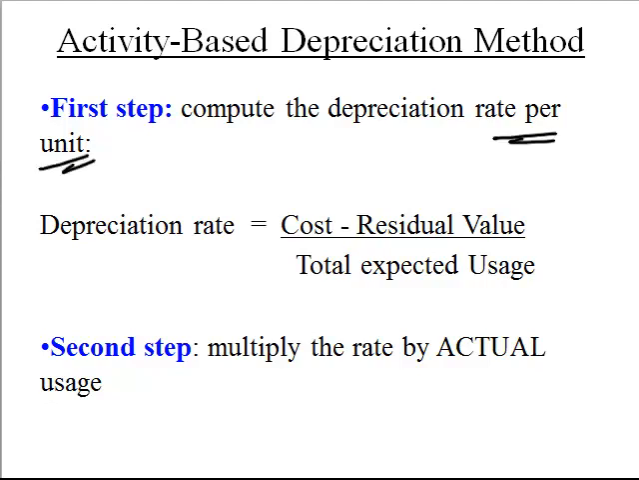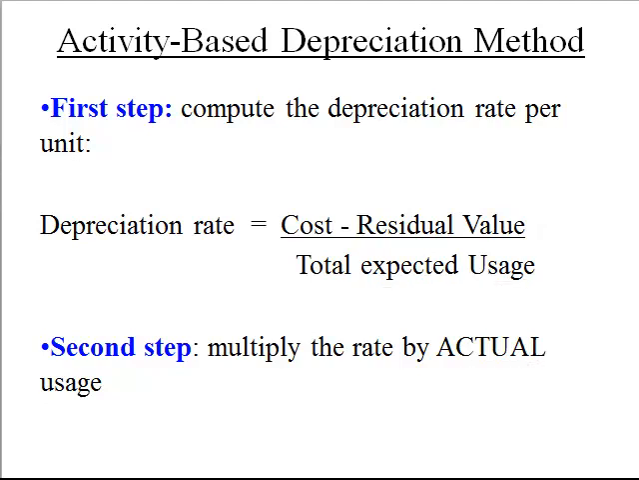Calculating activity-based depreciation is to compute the rate per unit. The numerator is the same as before, cost minus residual value. The denominator differs. Rather than years, we're using expected usage. When we have calculated the per unit rate, we will then multiply it by the actual usage for the particular